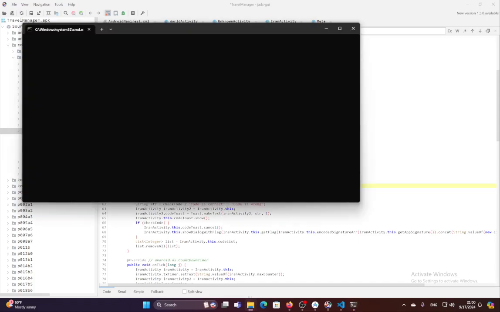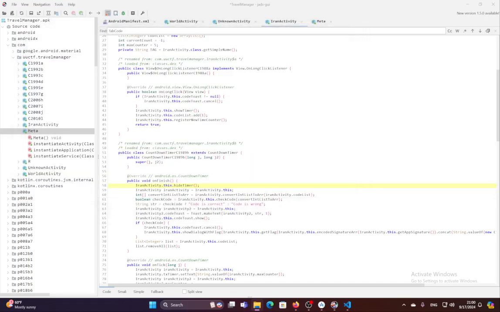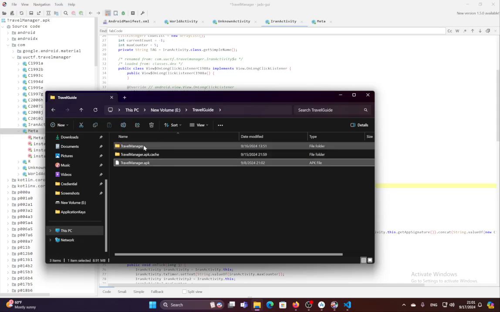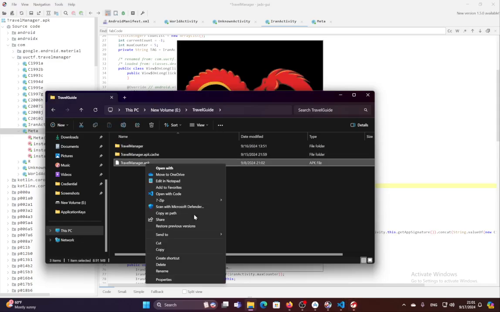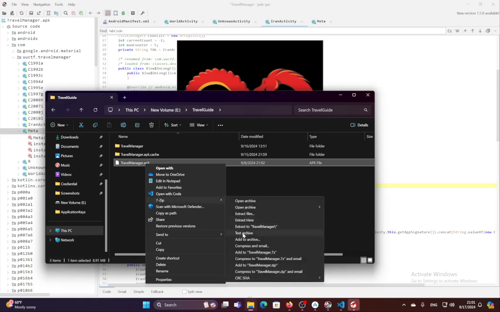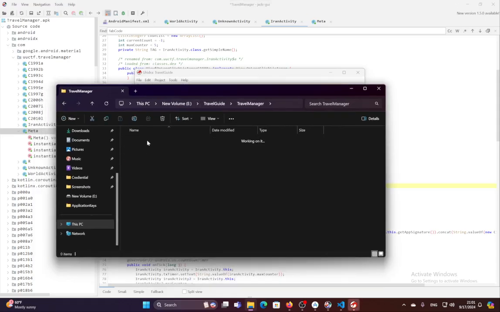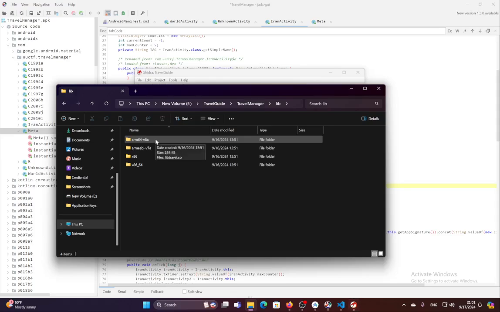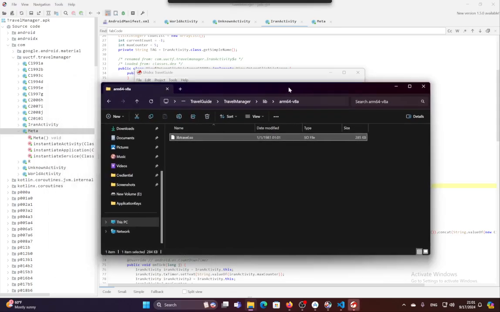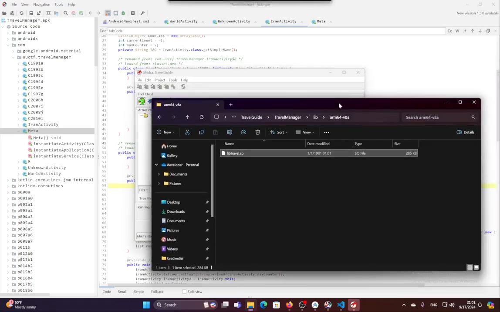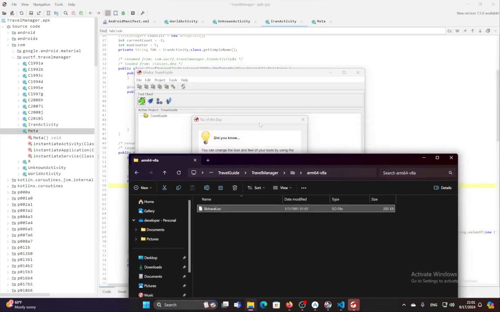Okay, this is my feedback. What I'm going to do is basically extract. I already extracted here, just extracted the travel manager, and it's going to create this directory. I came to lib, and it doesn't matter which one you choose. I'm just going to choose this one, and I put it in this directory to start